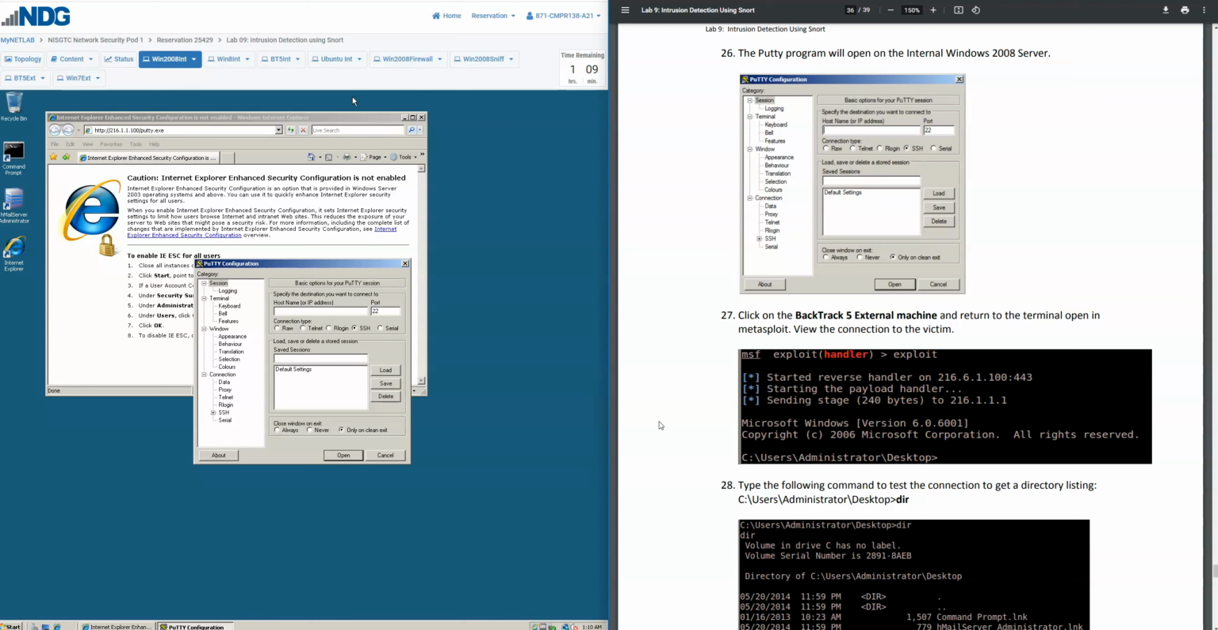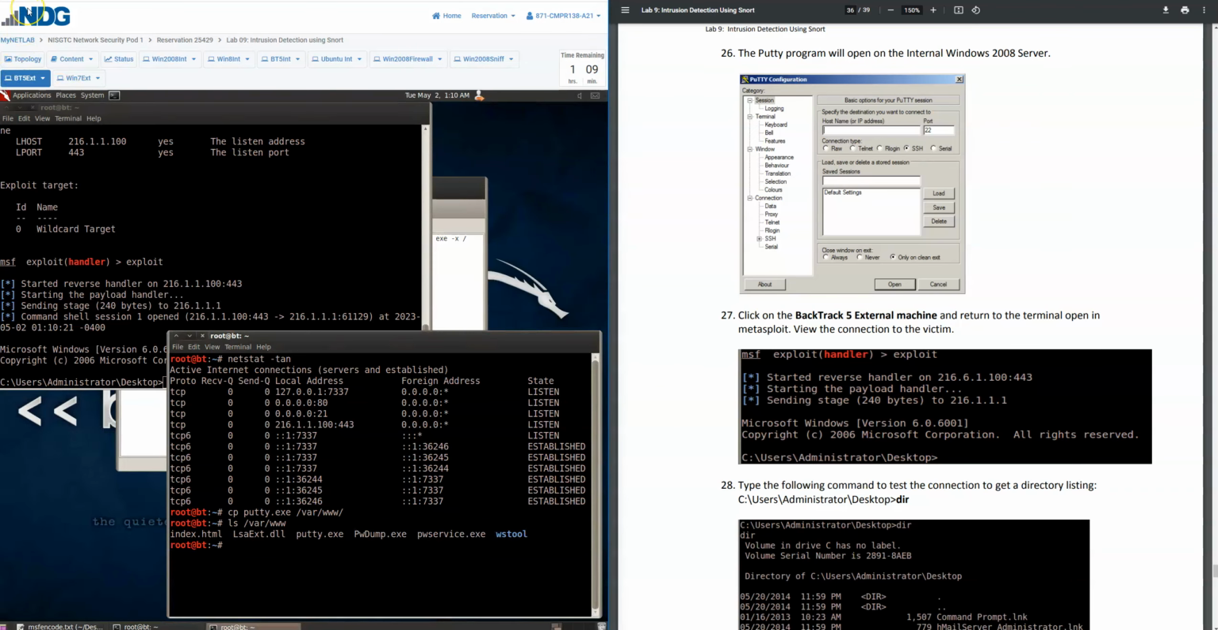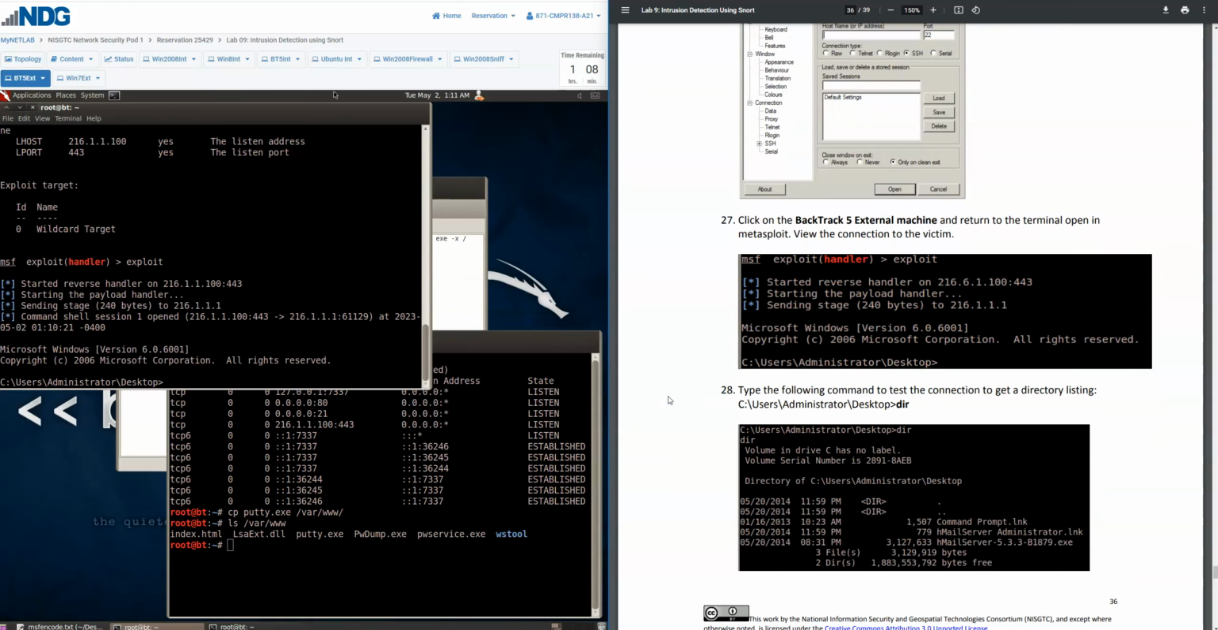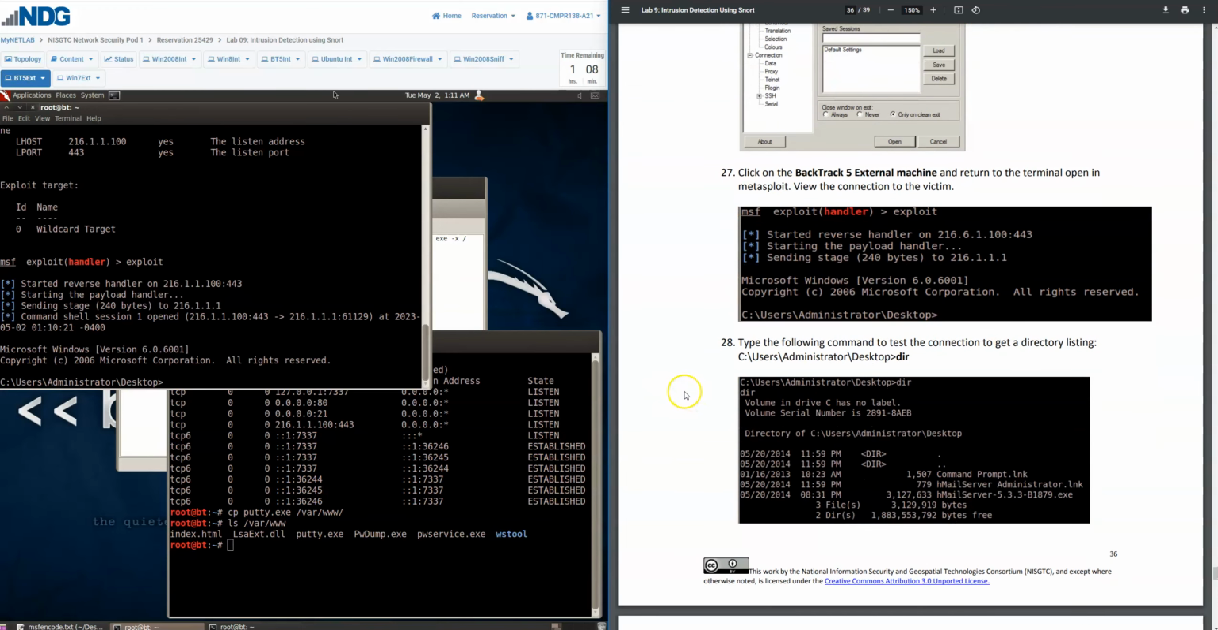Now we're going to click on the BackTrack 5 external machine and return to the terminal open in Metasploit, and then view the connection to the victim. So BackTrack 5 external machine. So on the exploit window, we're going to type the following command to test the connection to get a directory listing. It will be